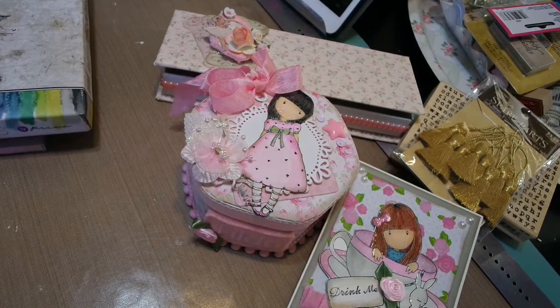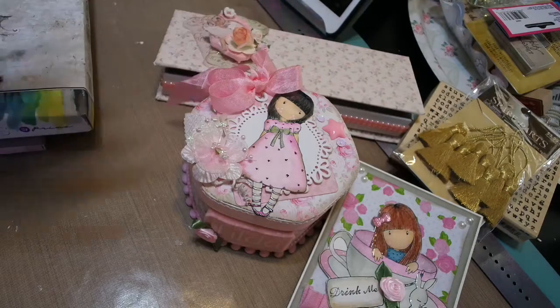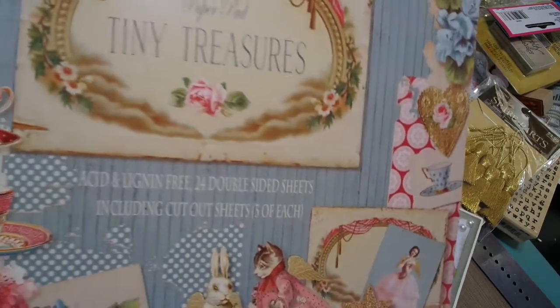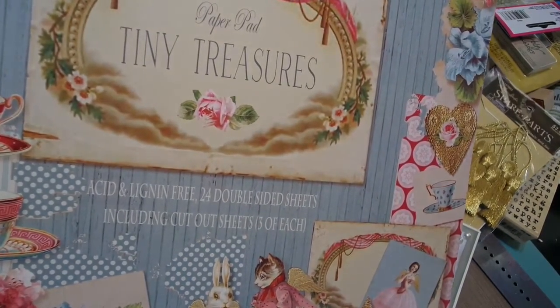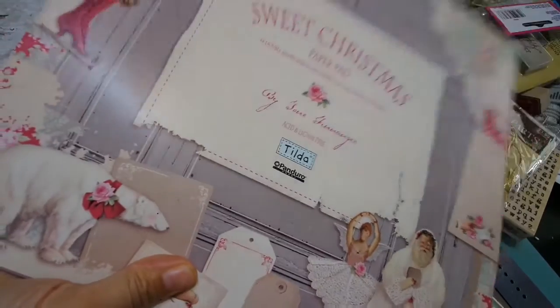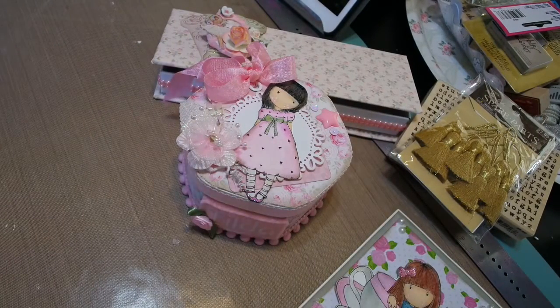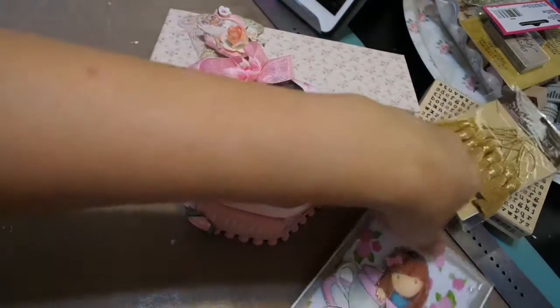I used watercolor paper, obviously, because I use the pastels like watercolor. The two paper collections I used, because I used it on this too, are Tiny Treasures, Tilda, Tiny Treasures, and Sweet Christmas. I can't even see that, but that's Sweet Christmas. So those are the paper collections and basically what I used in these two projects. So let's start with the